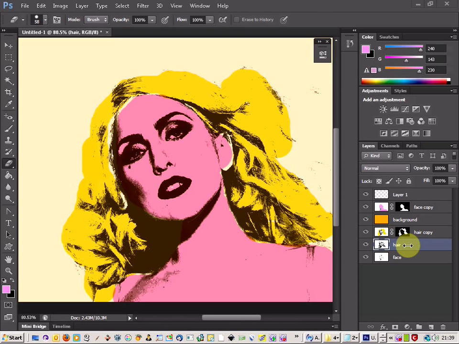Right, so come down to the hair layer, and all you're going to do is take the eraser tool and come over to our eyes and click around there, and also our lips as well, just to highlight the eyes up. So there we go. And then if you come back to your top layer, layer 1,